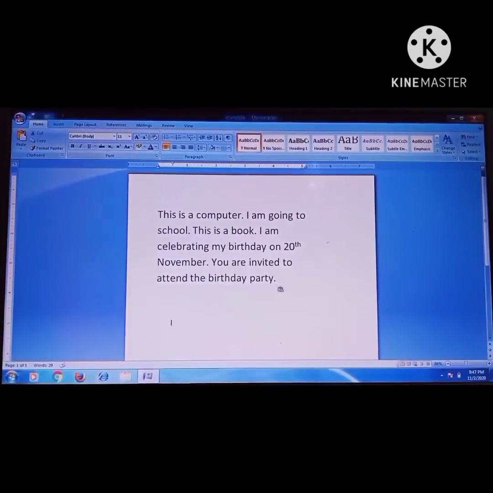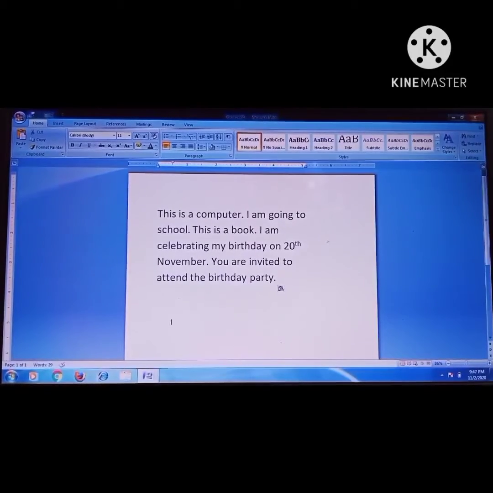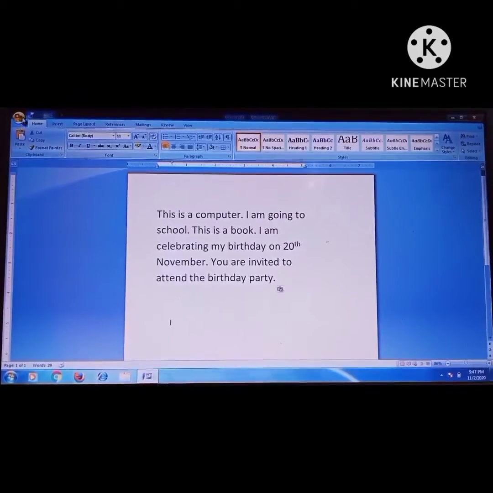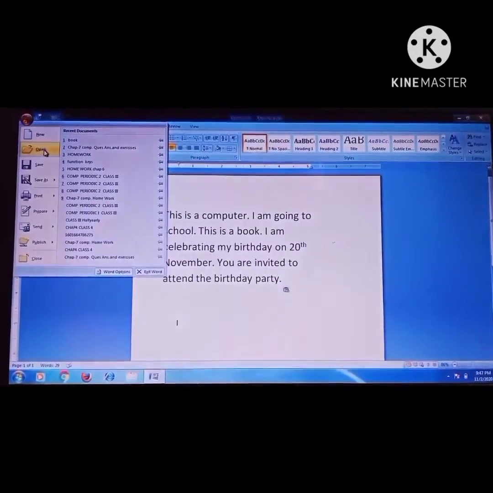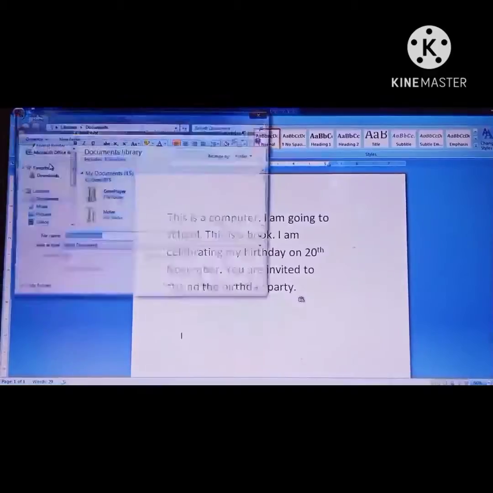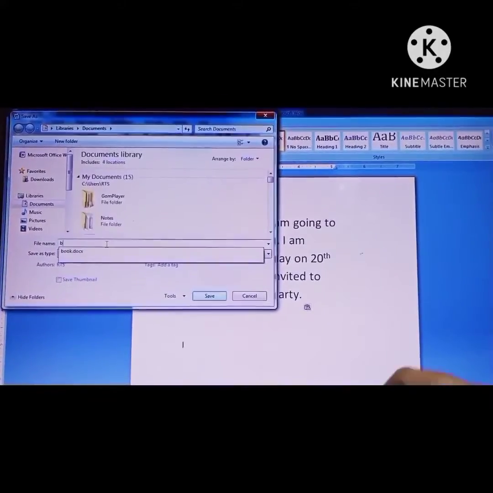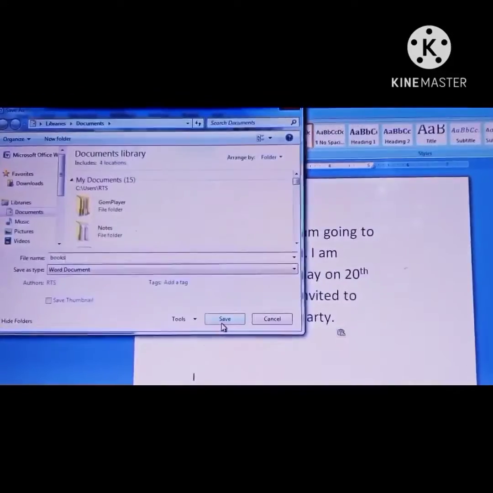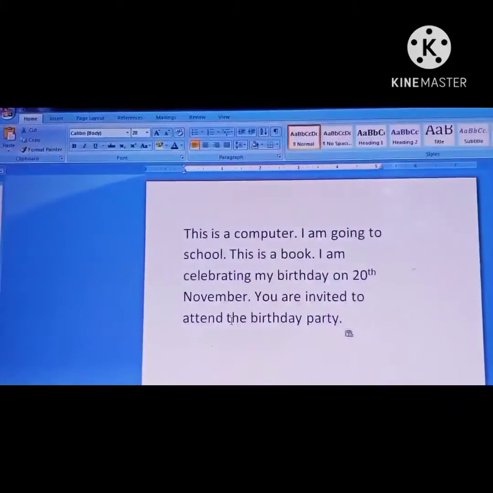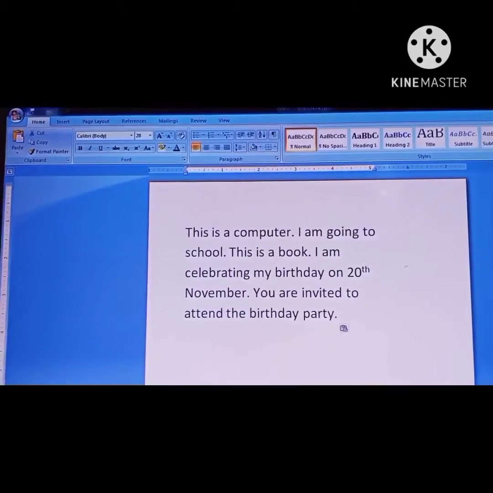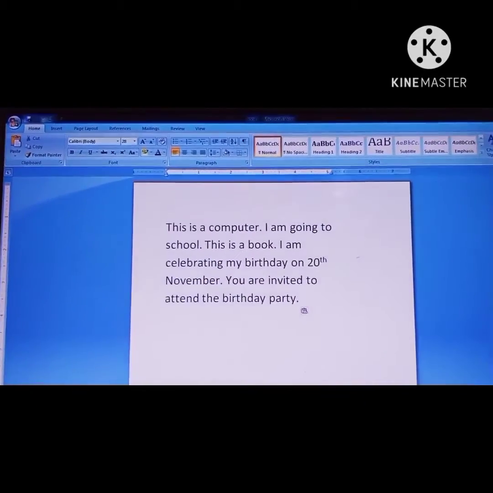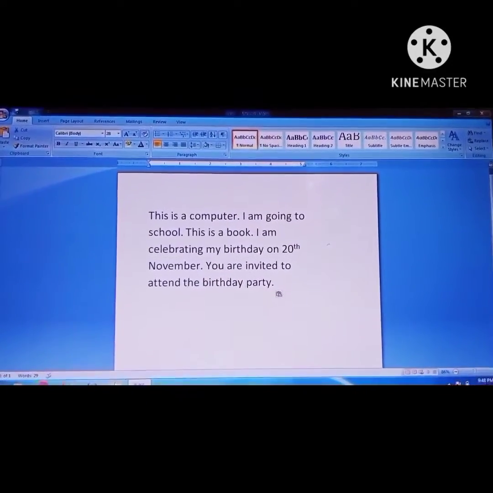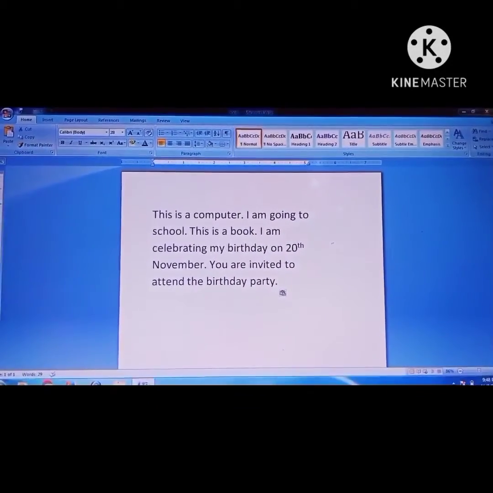The second option is that you click on the Office button, click it here, then go to the Save option, define the file name here and click on Save. So there are two options: the Quick Access Toolbar, or you can save your file by clicking on the Office button.